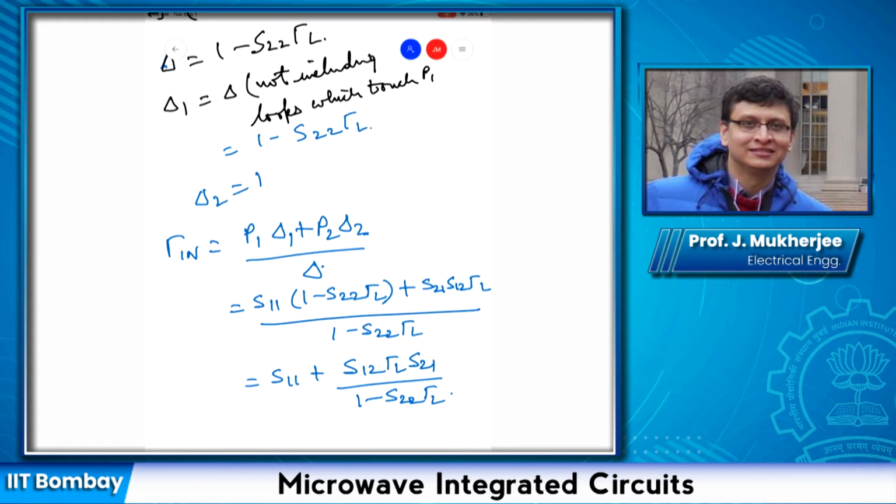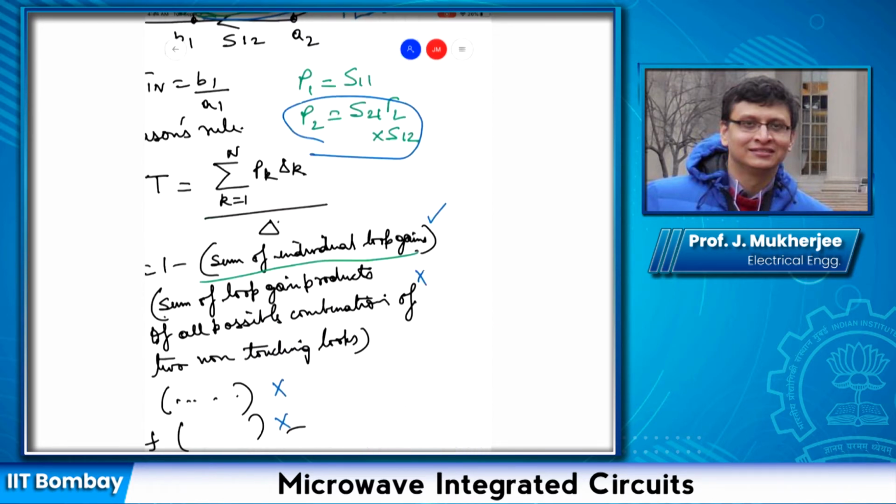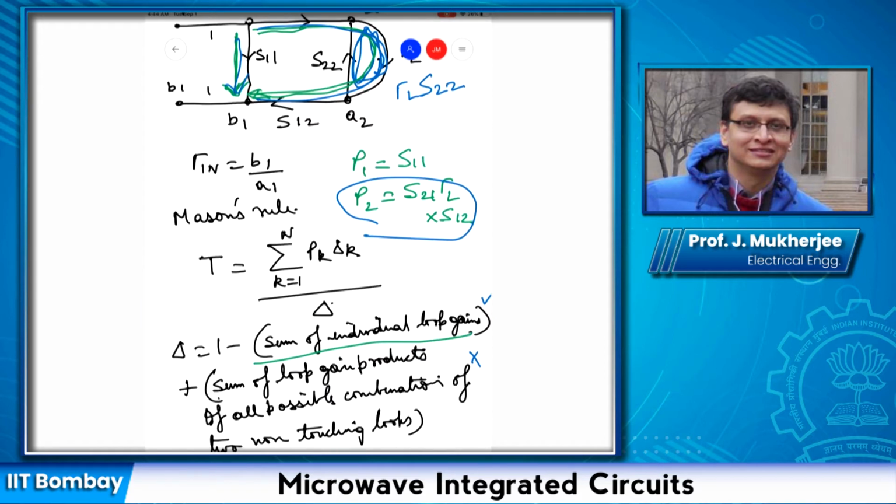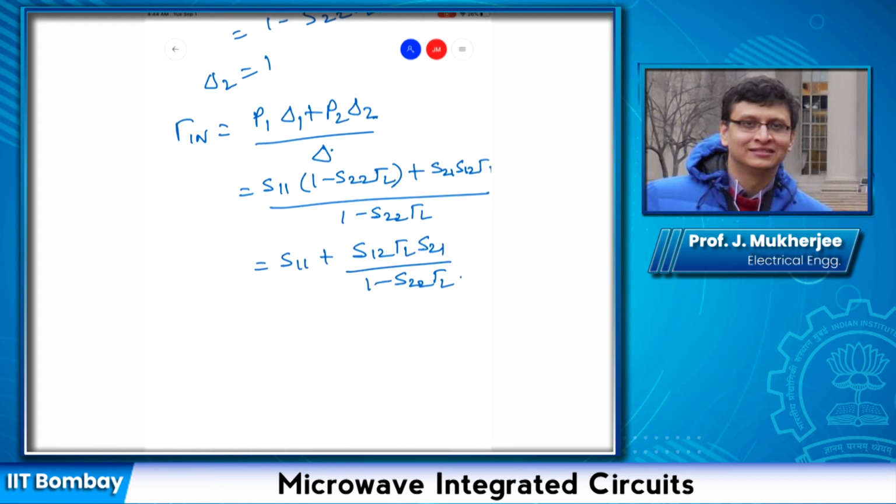We could as well have used an analytic technique for finding gamma in, but it would be too lengthy, as you can see. Instead, using this signal flow graph diagram, we obtained the value of gamma in much more easily, because we only had to understand what deltas and forward paths are. This method was much simpler. Similarly, in the notes, you can find other examples,